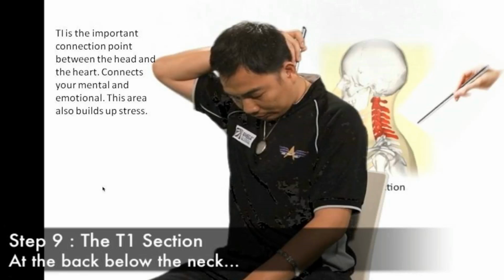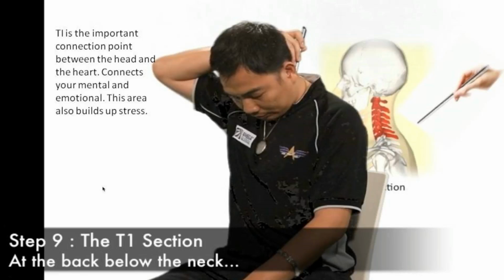It's called the T1. So you just bend down your neck and point the wand right onto the back of your neck, the bottom of your neck, top of your vertebra bone. T1, that's the location, and it's an important connection point between your head and heart. We call it physically active, engaging individuals. Sometimes you are thinking something and you're feeling something else. That's where the disconnect happens.